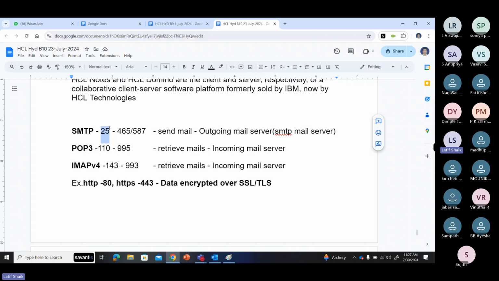The same way, mails are also very important, mainly at the organizational level. Mail data is also very important, so you have to secure it using SSL or TLS. That's it. The port numbers are changed from HTTP 80 to HTTPS 443 because of encryption with SSL and TLS. Same way with SSL and TLS,